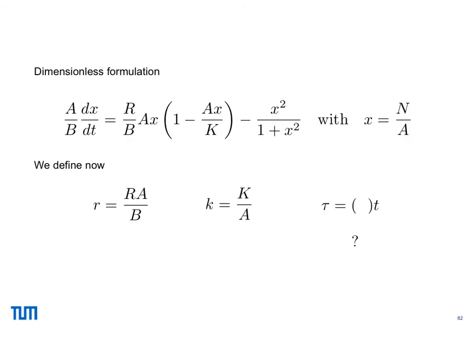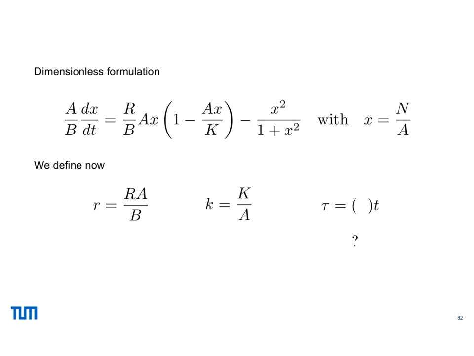So this is the actual dimensionless formulation. We had decided that we will create a non-dimensional variable called n over a that was injected in the previous dimensional form, and we obtain, for example, this term considering the amount of x with respect to the number of predators, so the loss, if you want to see it in terms of gain and loss, this problem. And this is the one that is associated with this logistic growth. Okay,